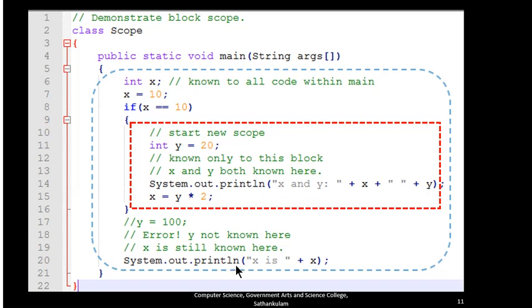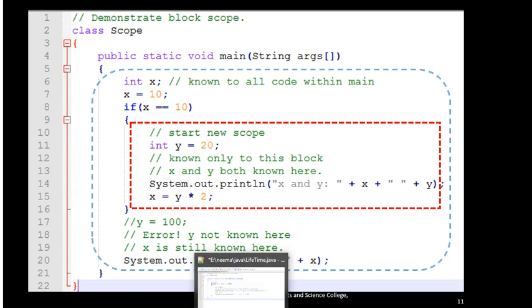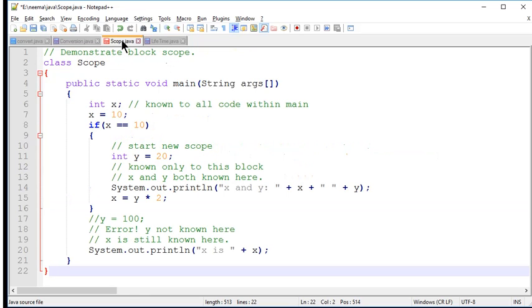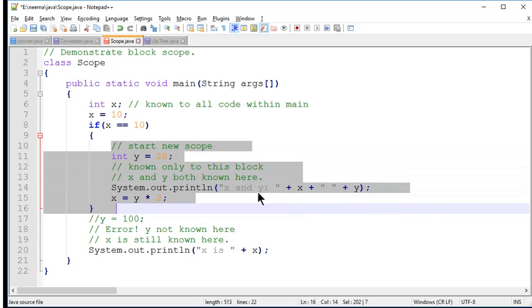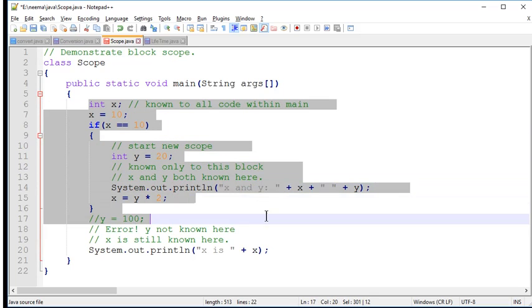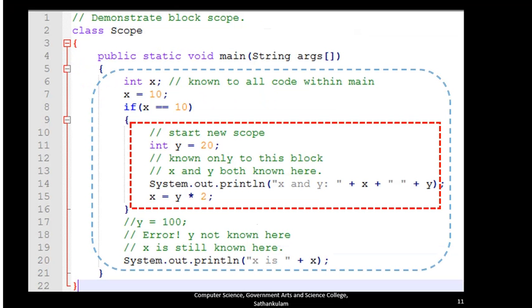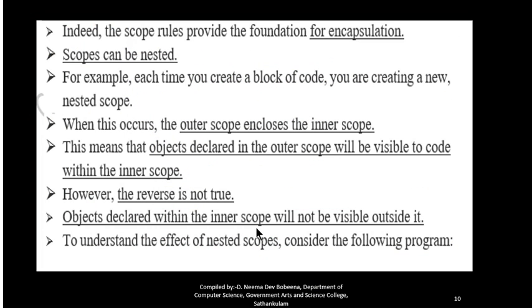Now we will see this example by executing a program, the same program. So this is the program, scope. This area is the inner scope and this area is the outer scope. The first condition we saw is that the variables declared in the outer scope are visible within the inner scope.